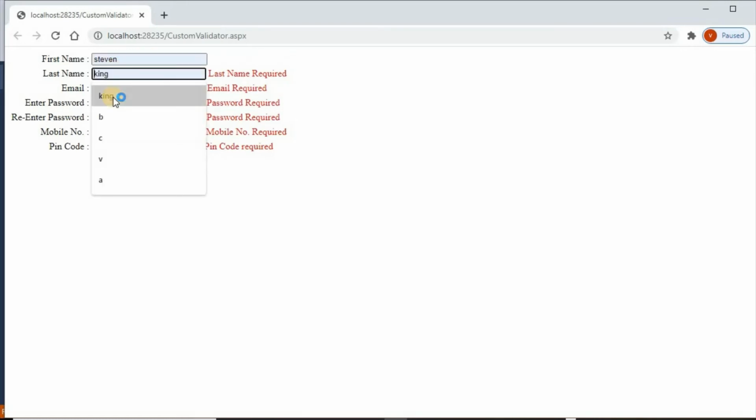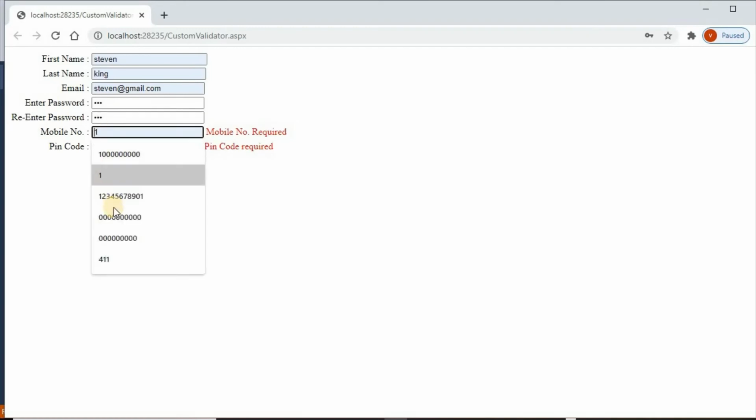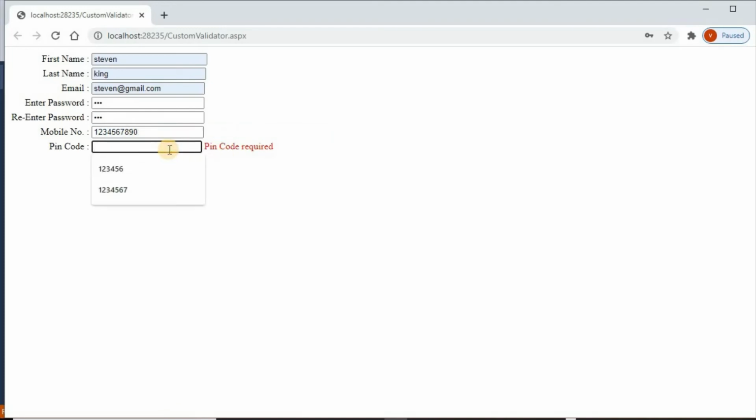Steven, then ABC, A, ABC, ABC, mobile number, pin code required, and if we give the proper pin code, then there is no error message.